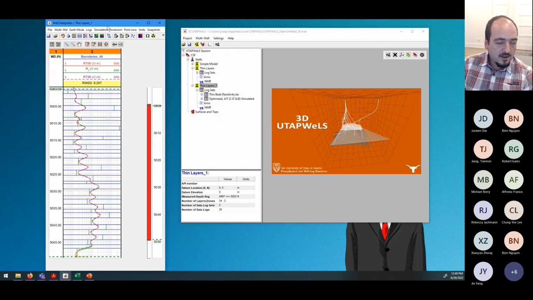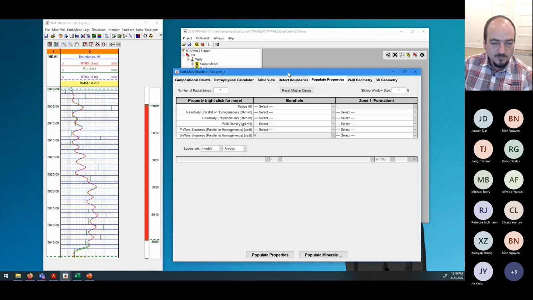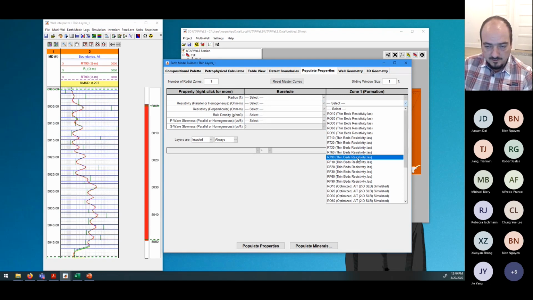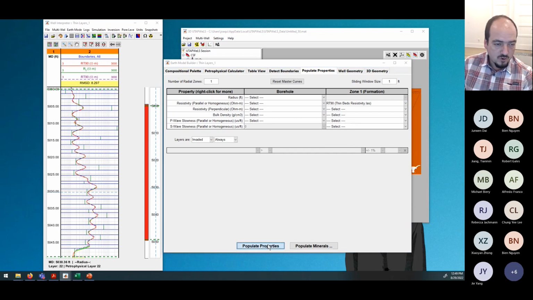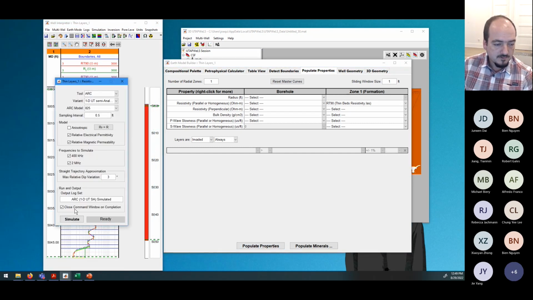But here, I'm going to destroy what I did. I'm going to populate properties and use RT90 to populate these properties. So they're not going to be optimized anymore. And I'm going to just simulate the